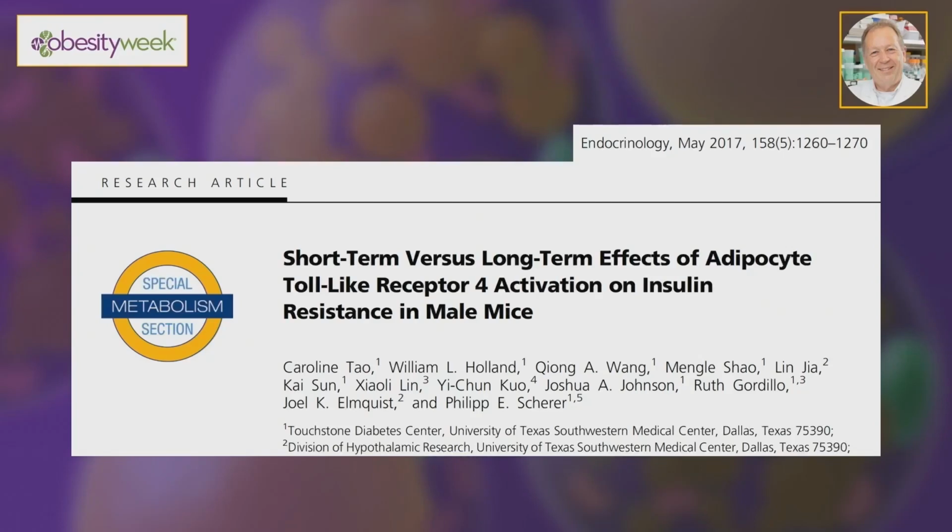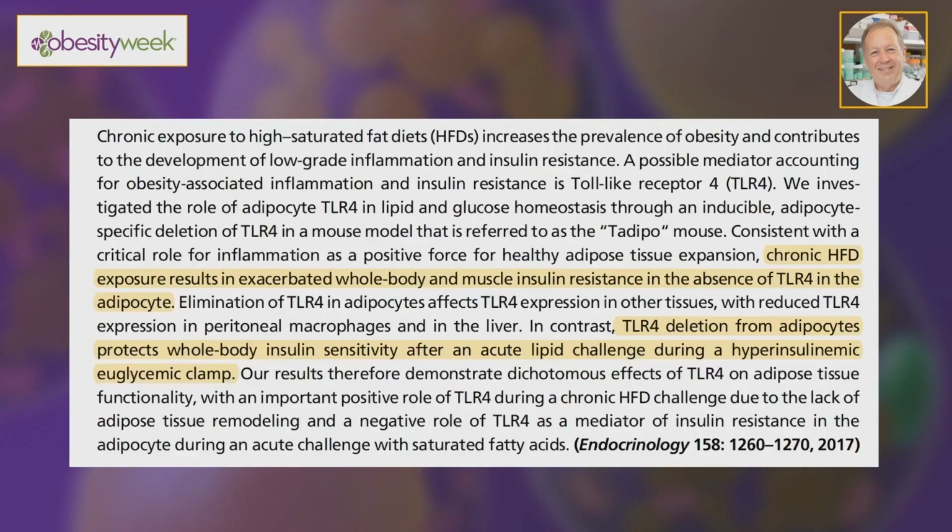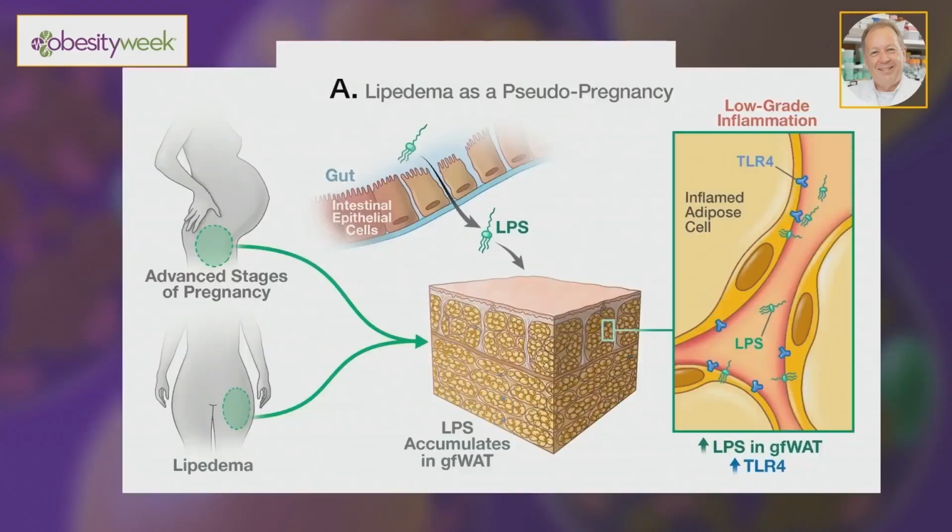So the adipocyte per se overexpresses the receptor for LPS, that's TLR4, and we and others have published on this, and you can knock the TLR4 out from the adipocyte, and it has profound metabolic consequences. So the sensing of lipopolysaccharide within the adipocyte seems to be an integral part of the physiology of adipose tissue and makes a major contribution. And again, these LPS levels in circulation fluctuate depending on the specific physiological state of the